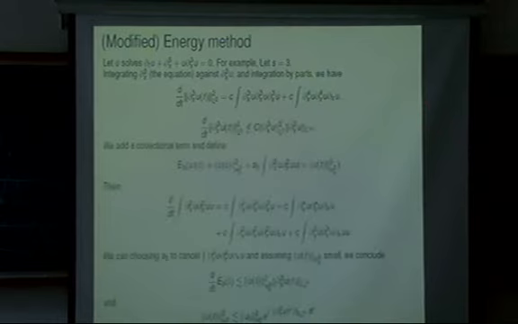To handle the last one, we modify. We add a correctional term to cancel this one. So first of all, we define the third energy, E3. Then the first term is exactly the same as this one, but we have one more integral form. Then we take the time derivative and then use the equation. Then from the first one, we have this. We have those two terms.